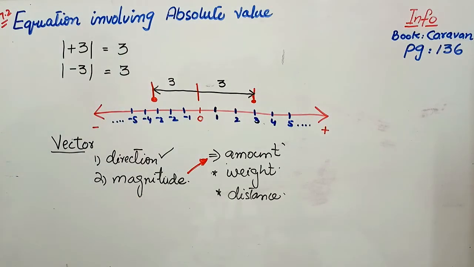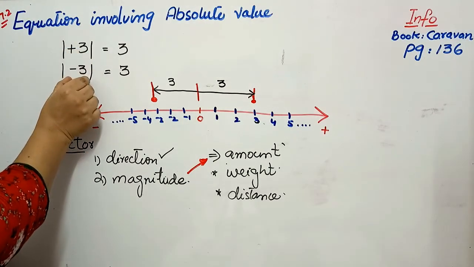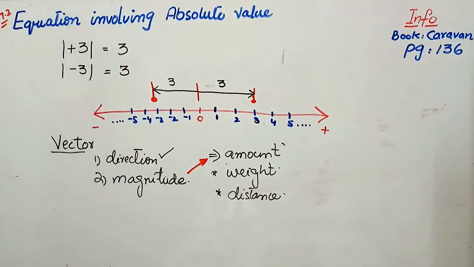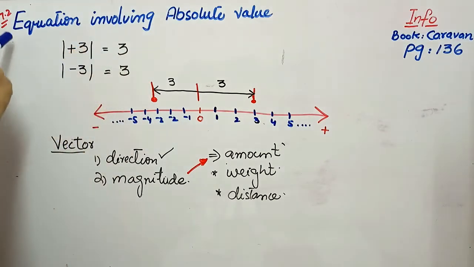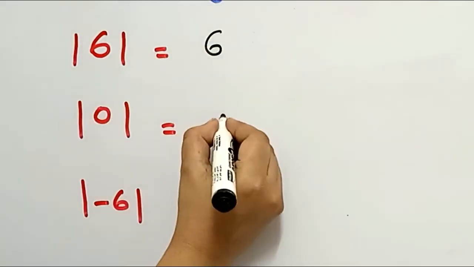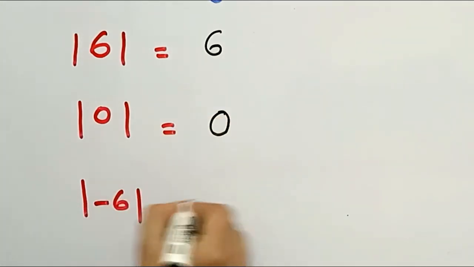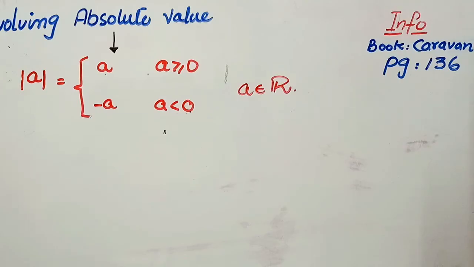Fine. So that's why absolute value is the magical thing in which either the positive or the negative becomes positive. I hope you have understood the concept of absolute value, as this is very important in equations involving absolute value. So here the absolute value of positive 6 is equal to 6, 0 is also equal to 0, and minus 6 will also be equal to 6. I have told you don't cram, just try to understand and you will bump up all the equations involving absolute value.